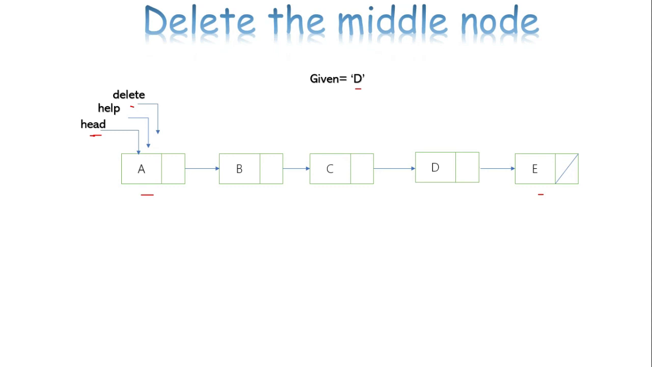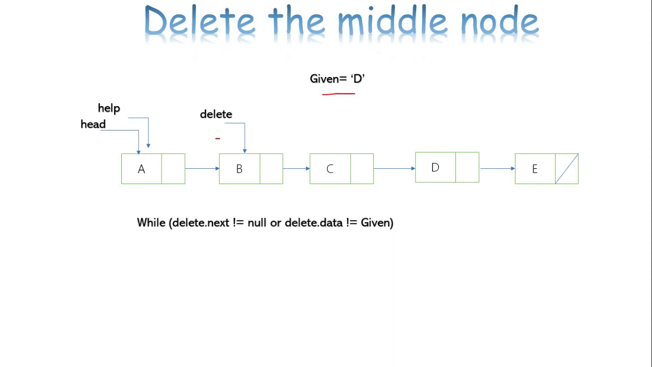Now, I need one of the pointers to traverse the singly linked list from the first node until the last node to find the data to be deleted. To do that, I will assign one pointer, delete, to traverse from the first node to the next node like this. As it traverses, it should check if the delete data is equal to the given data here. Delete will keep on traversing the singly linked list until the end of the list